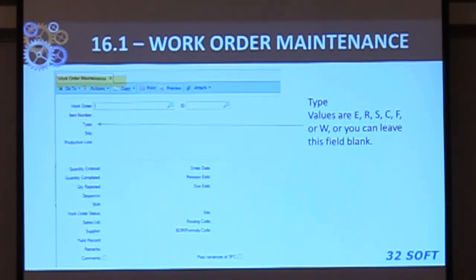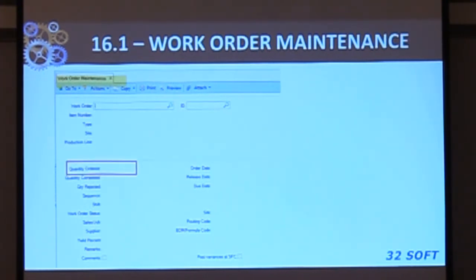R is rework, and rework creates a requirement for the part number of the assembly that you're cutting the work order for, because it assumes you're going to rework that. The schedule, closed, and fixed. So you've got your work order quantity, the order dates, order release, due date, and it depends on how